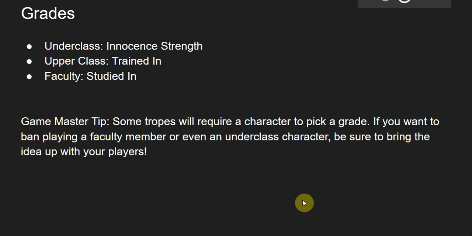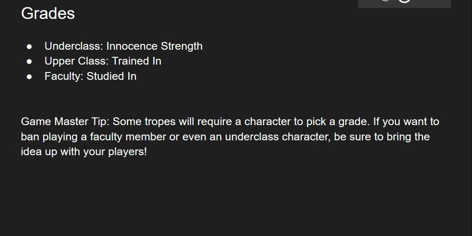After you go through your stats, you'll be reading about the grades. There is the underclass, the upper class, and the faculty. Now, underclass is going to get innocence strength, upper class will get the trained in strength, and faculty will get the studied in strength. For the game master, understand that some tropes are going to require your players to pick a